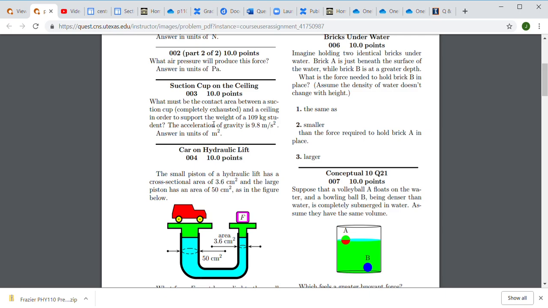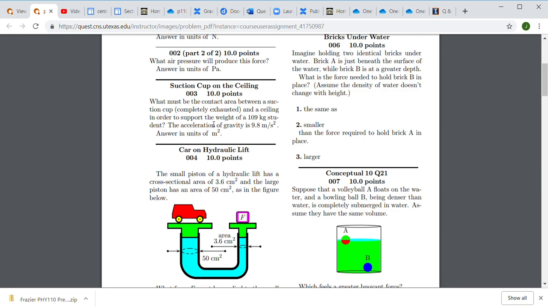When it's just about to fall, in other words, we can hang more and more weight on it. There are really three forces on the suction cup. I'm pulling down on it, air pressure is pushing up on it from the bottom, and it's also possible that the ceiling is pushing down on it from the top. But if it's just about to fall, if we've hung the heaviest student on it that we possibly can, what that would mean is that the downward force from the ceiling goes to 0, and